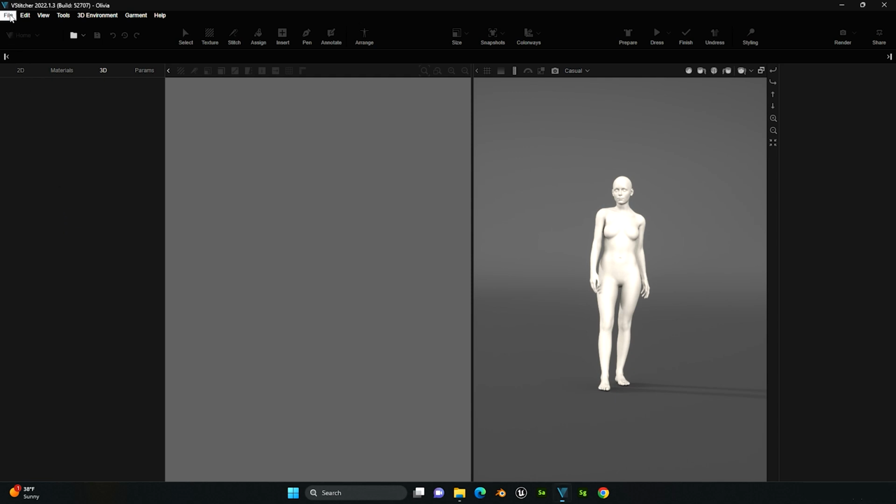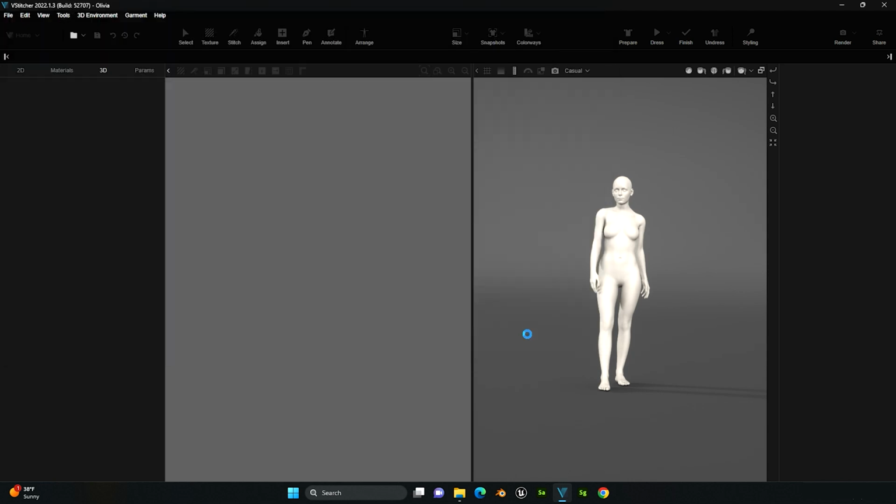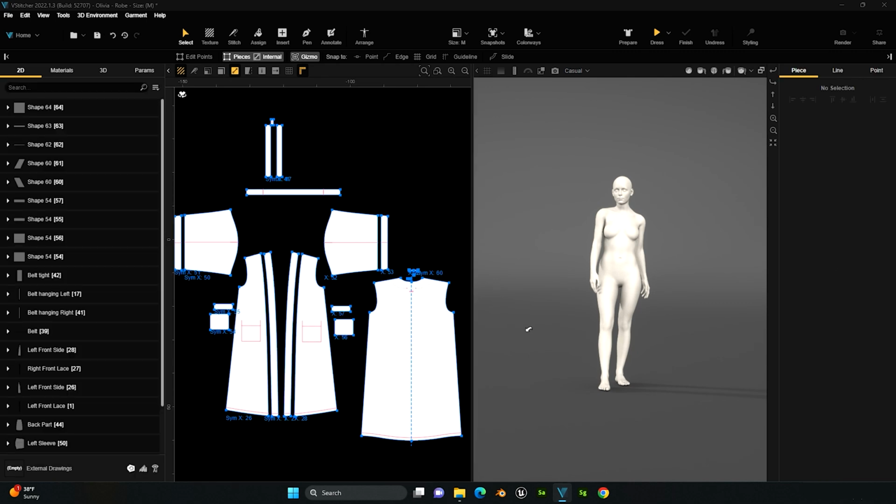To load the file into my software, I'm going to do File, Open, and then select my already created file. I'm currently going to use this robe file, so I'll select the file and click Open. Note that if you are trying to import patterns and create a garment on your own, we will get to that in the next lesson. Currently, we are opening an already created Browzwear file. When I select Open, I can see my 2D patterns appear on my left-hand side, still nothing on my 3D side,